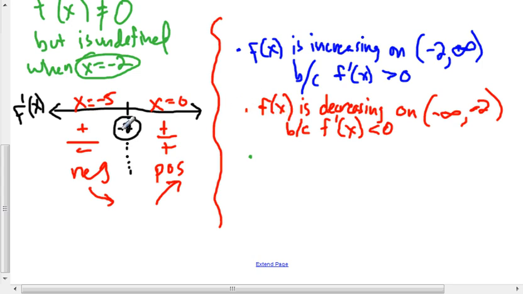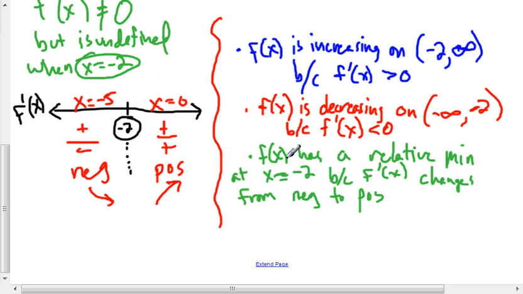And the original function is decreasing when our derivative is negative. When's the derivative negative? From negative infinity to negative 2. Okay, now let's talk about relative min and relative max. We find out the original function has a relative min at x equals -2 because the derivative changes from